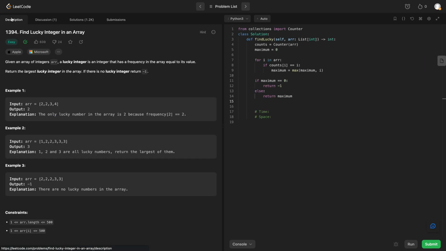So we'll go back to the description. What is the time and space complexity? Time complexity, right, we're creating a counter dictionary, so that's going to be O of n. We're looping through our array and checking every element. We're doing a constant lookup time operation. So this is going to be O of n, which is going to be our time complexity, and the space complexity